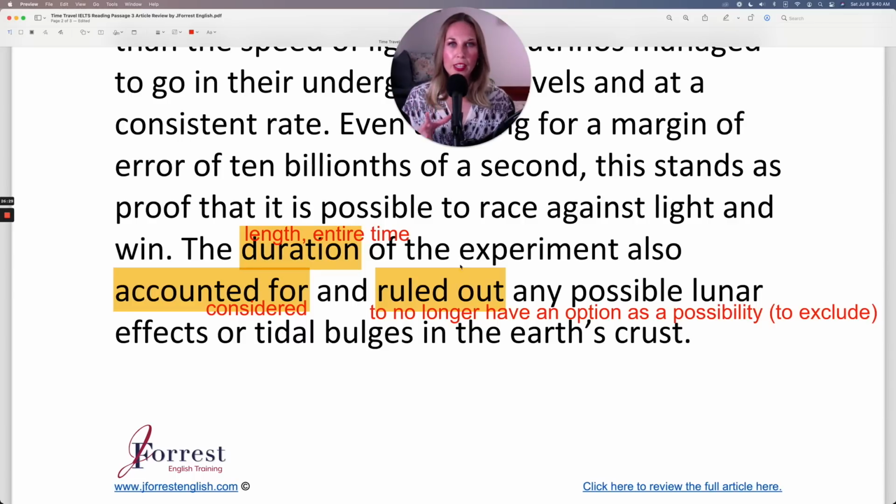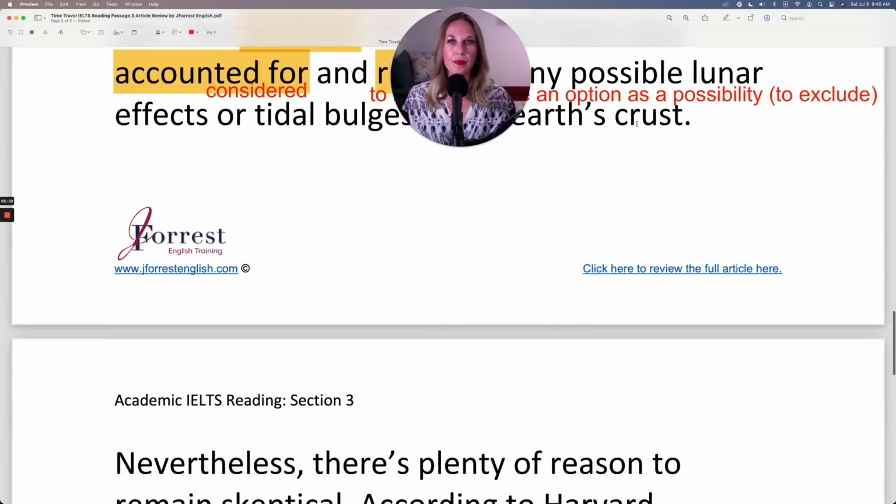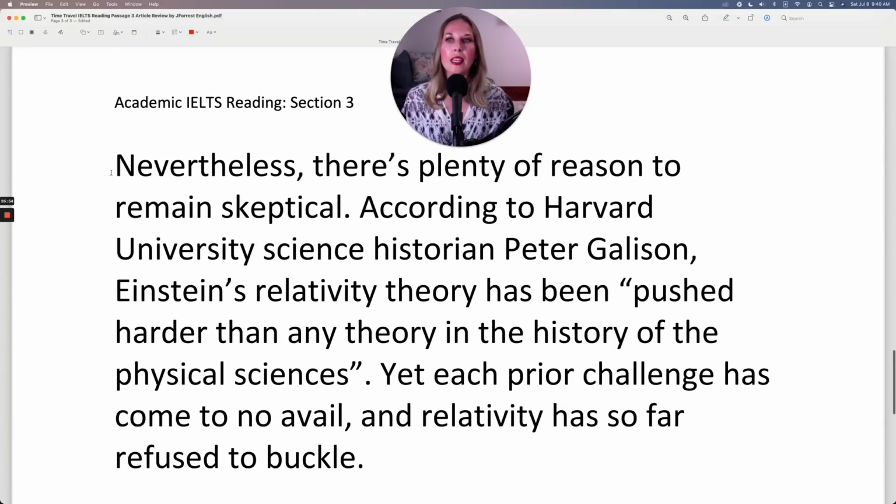So this information is just to let you know that their calculation considered many different factors to understand if they are wrong. And they're still saying, even if we take all of this into account, the neutrinos are still faster than the speed of light. Let's continue. Nevertheless, the transition word